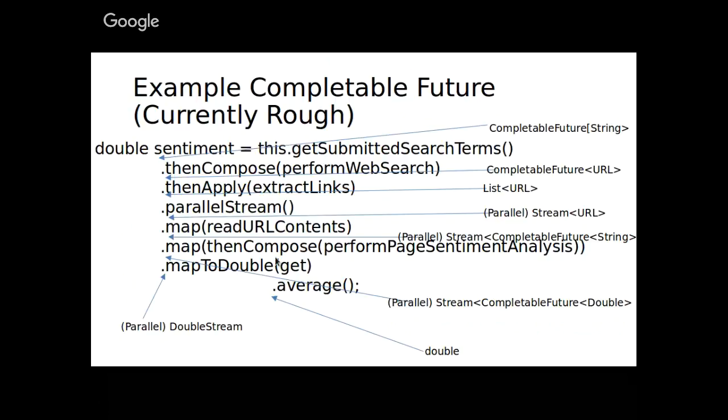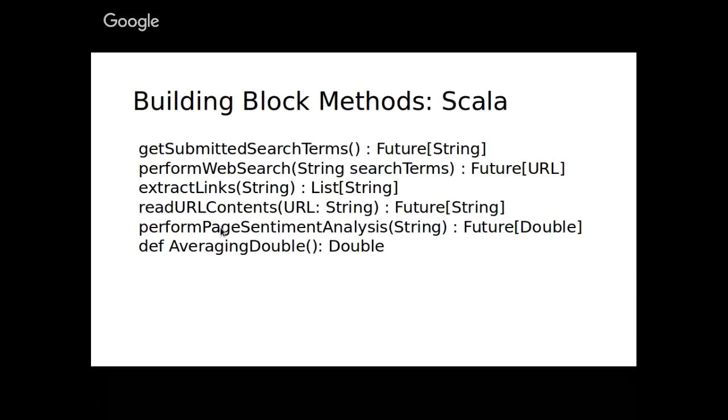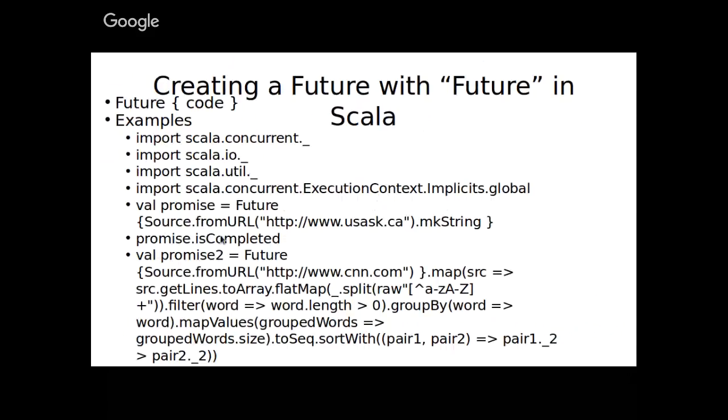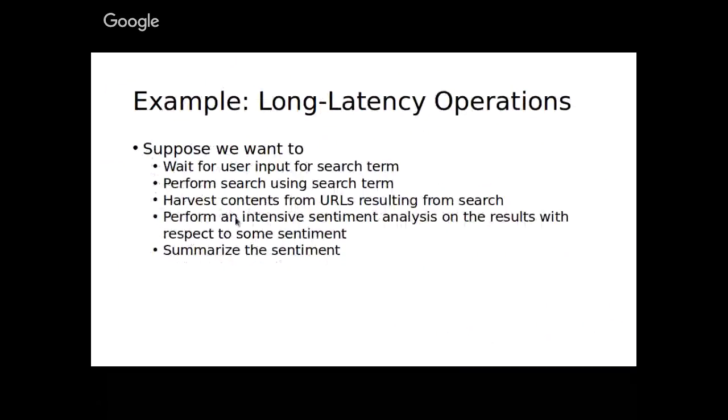Okay, so the idea here is that many of these places within the whole process can be undertaken in parallel. They can be undertaken in a fashion that doesn't need to block the next one until the last one's done, particularly with respect to this process of extracting, going and harvesting the contents from each of the URLs. Maybe we have 1,000 URLs we've extracted from the web search. We don't want to be waiting to start the next one until the other ones